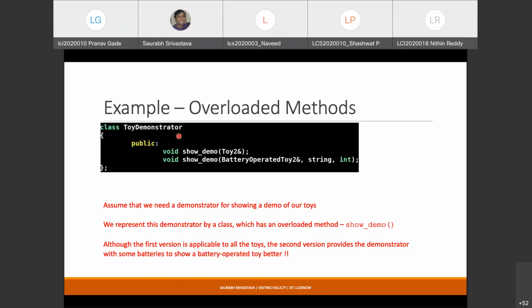So these toy classes have these methods: start playing and stop playing. So all this demo is going to do is the start playing and then the stop playing part. So this particular class has two methods, show underscore demo, but you can see that they are not really two methods. Okay, they are basically the overloaded versions of each other. The first one is taking an object of type toy. The second one is taking an object of battery operated toy. Why? Because this is the issue that if you want to show the demo of any toy that is going to have a battery,